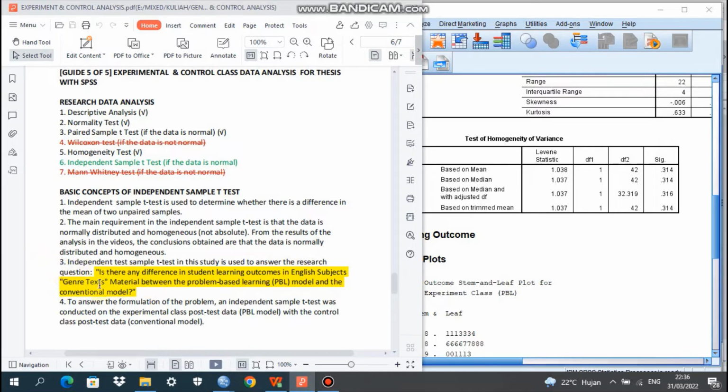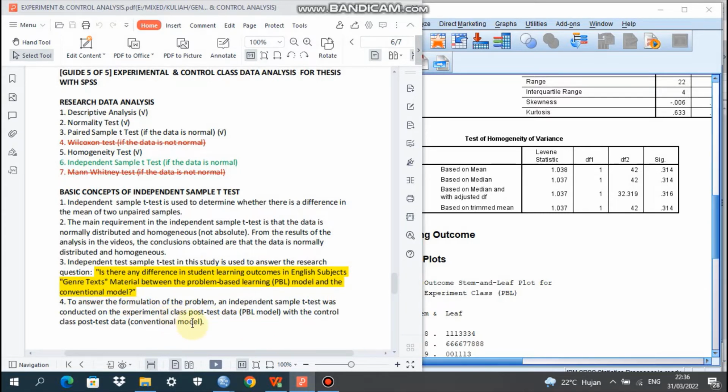The next, independent sample t-test in the study is used to answer the research question: is there any difference in student learning outcomes in English subject, genre text material, between the implementation of the problem-based learning PBL model and the conventional model?